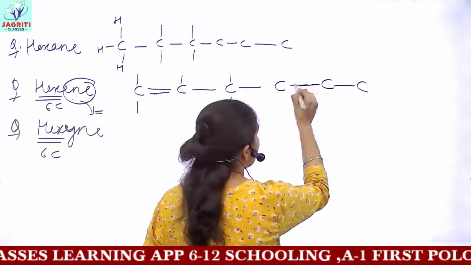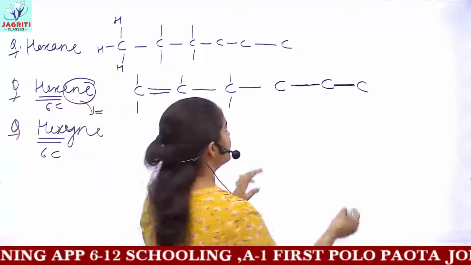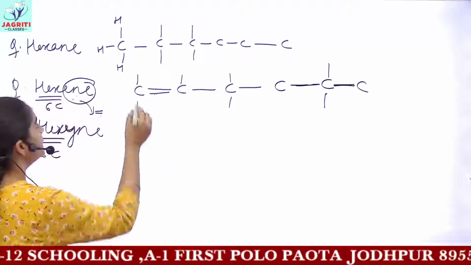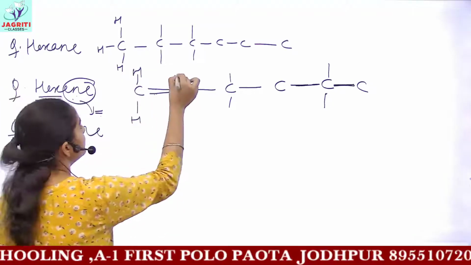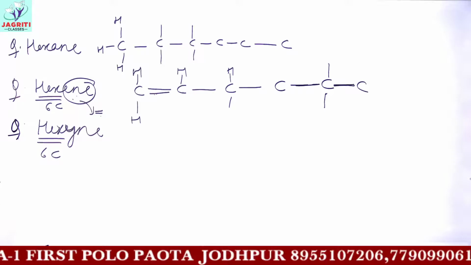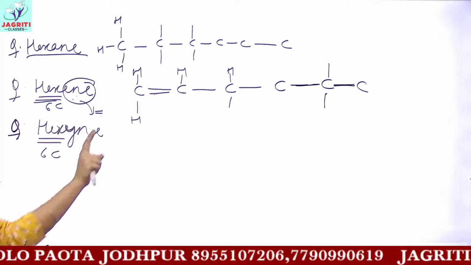This carbon has 2 bonds. Total 4 bonds are required. 2 are already present, so remaining 2 will be made. Okay? Now complete every remaining bond which you made with hydrogens. So you have to complete this structure. Okay? These are your homework tasks. I am just giving you a hint.